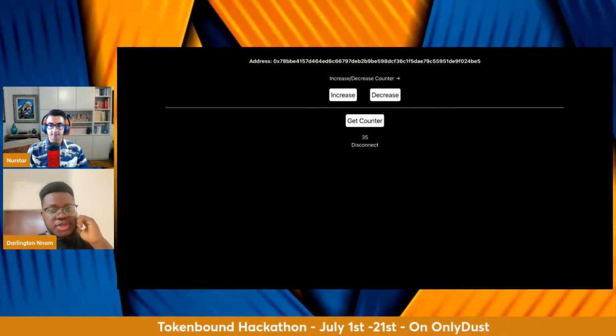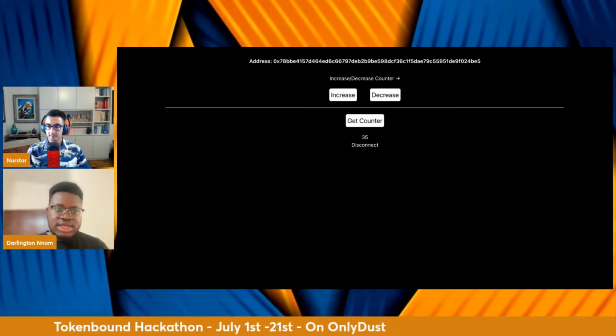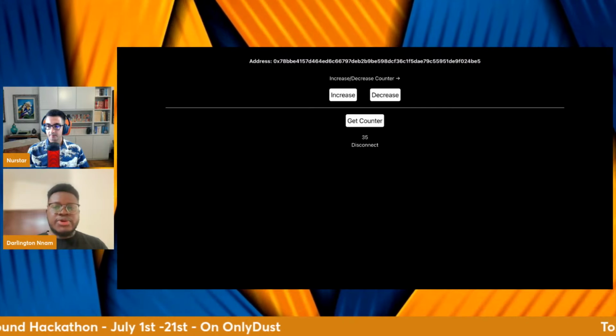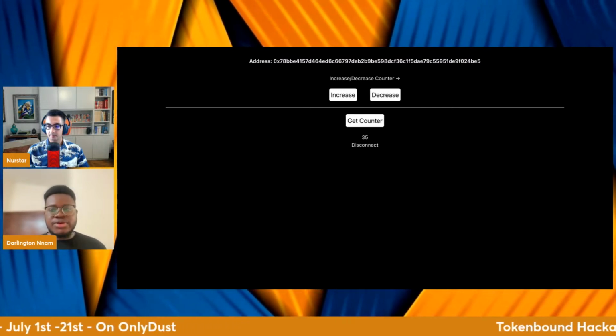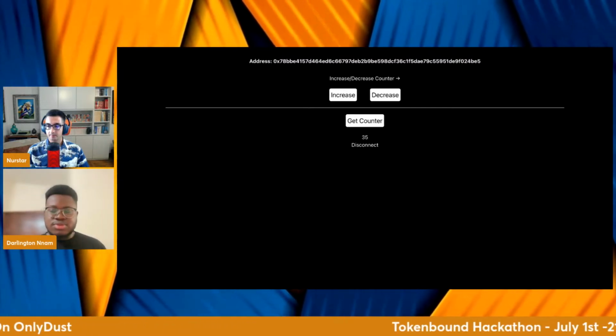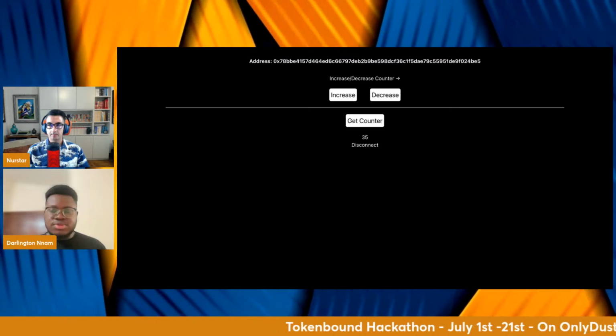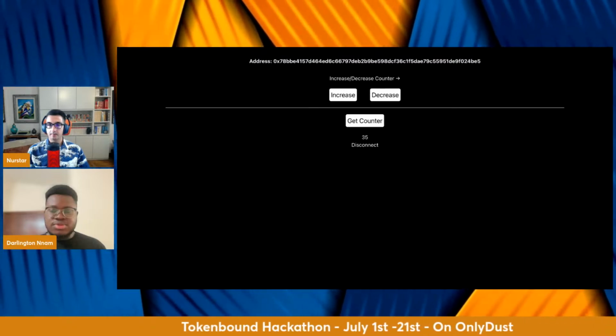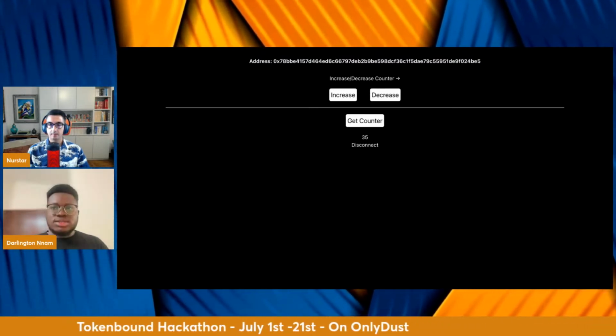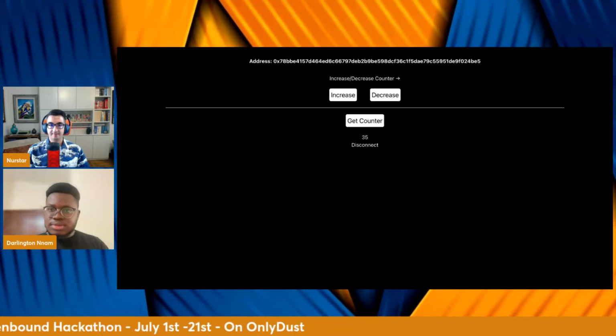So you can also hold NFTs. You can send other NFTs to your token bound account too. So the Explorer is just like a playground. You can basically deploy a token bound account.